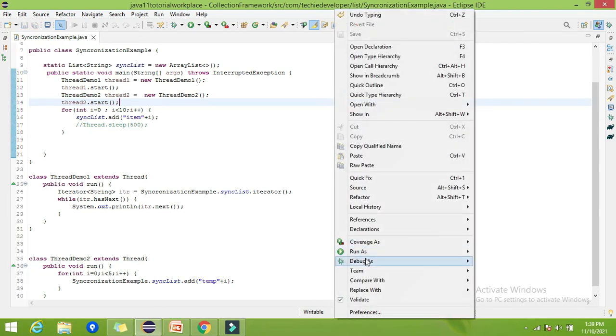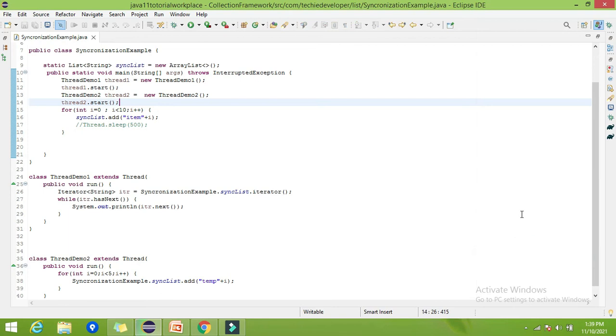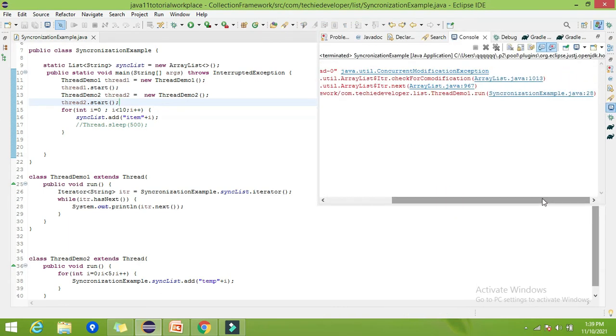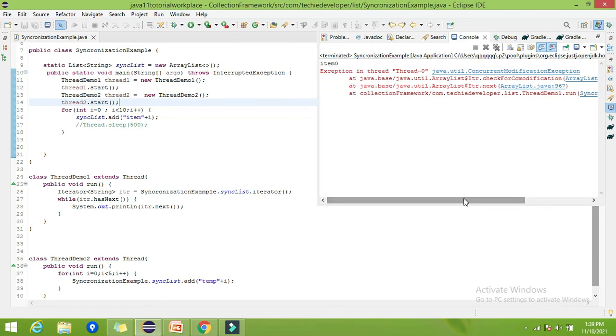What will happen now? Here you can find we are getting one exception, called ConcurrentModificationException. Why are we getting it? Because I already told you in a video that the iterator returned by ArrayList works on a fail-fast mechanism.